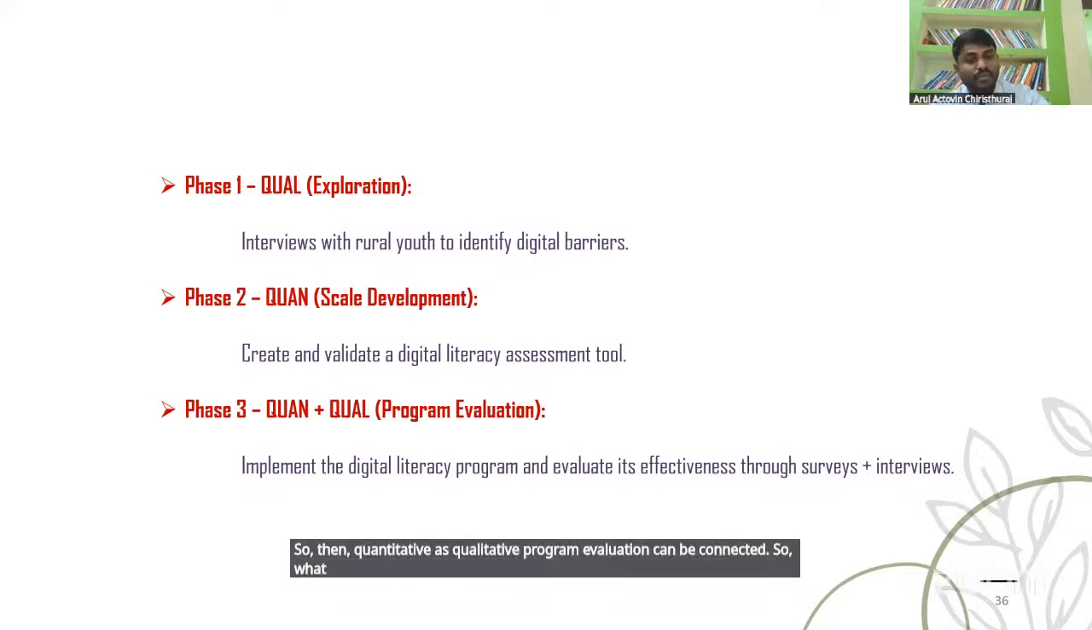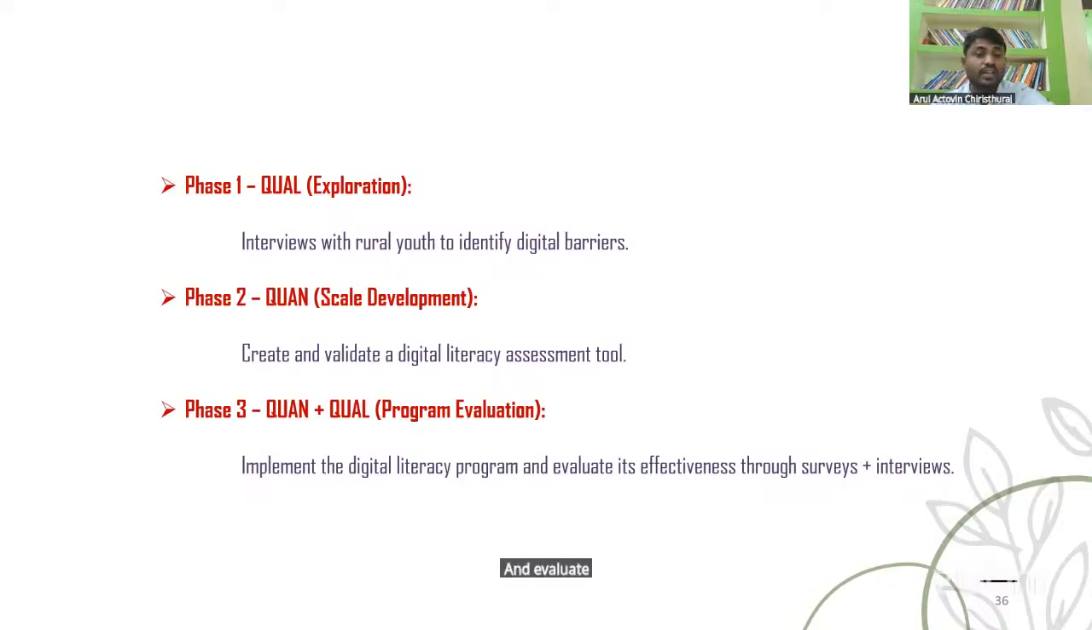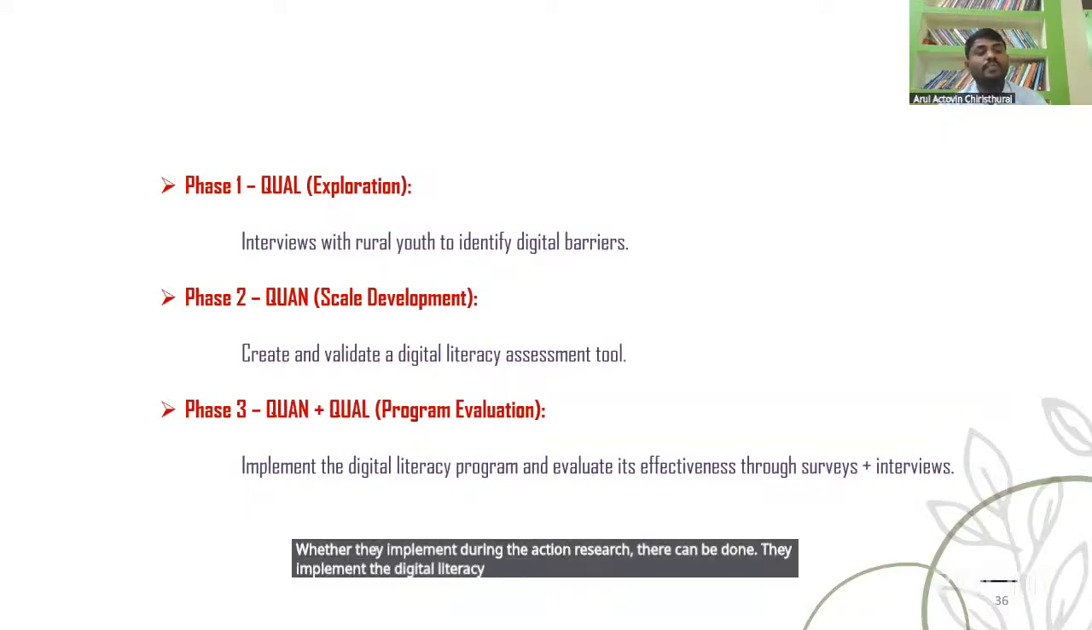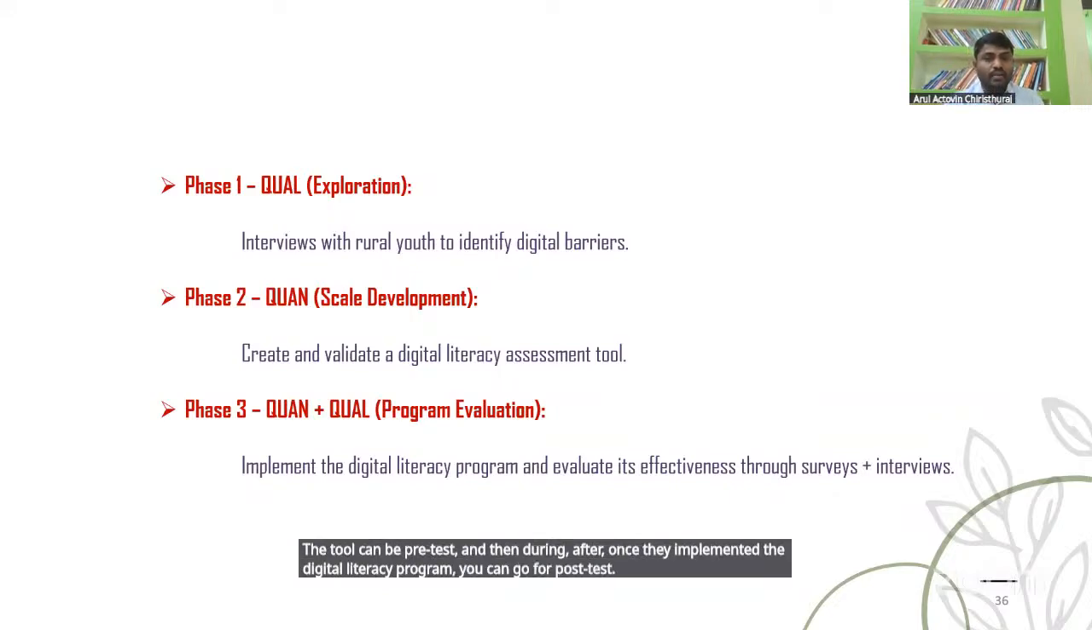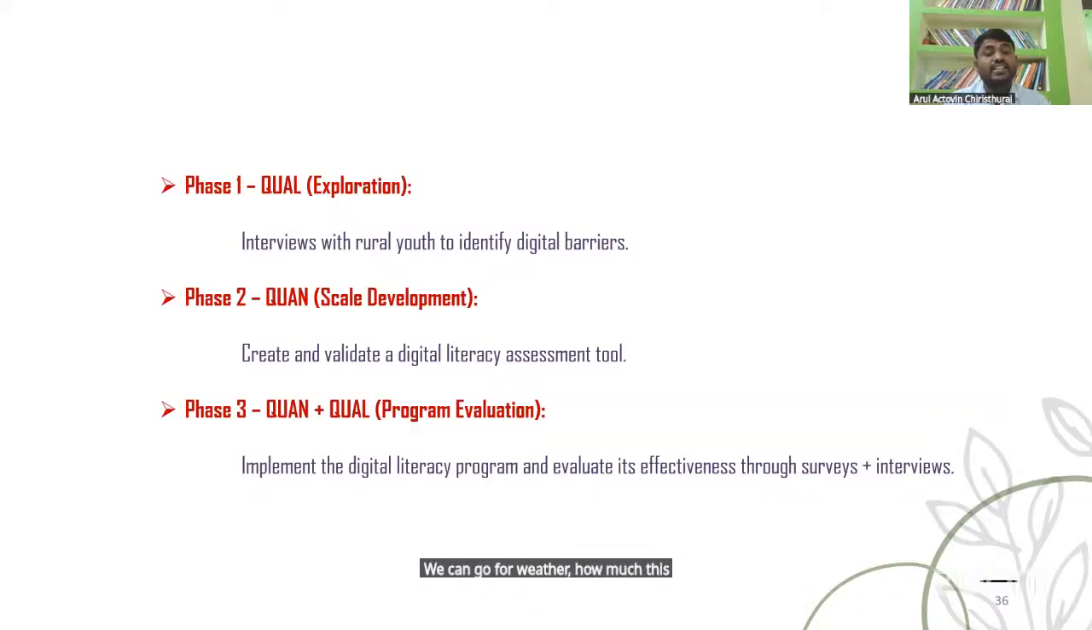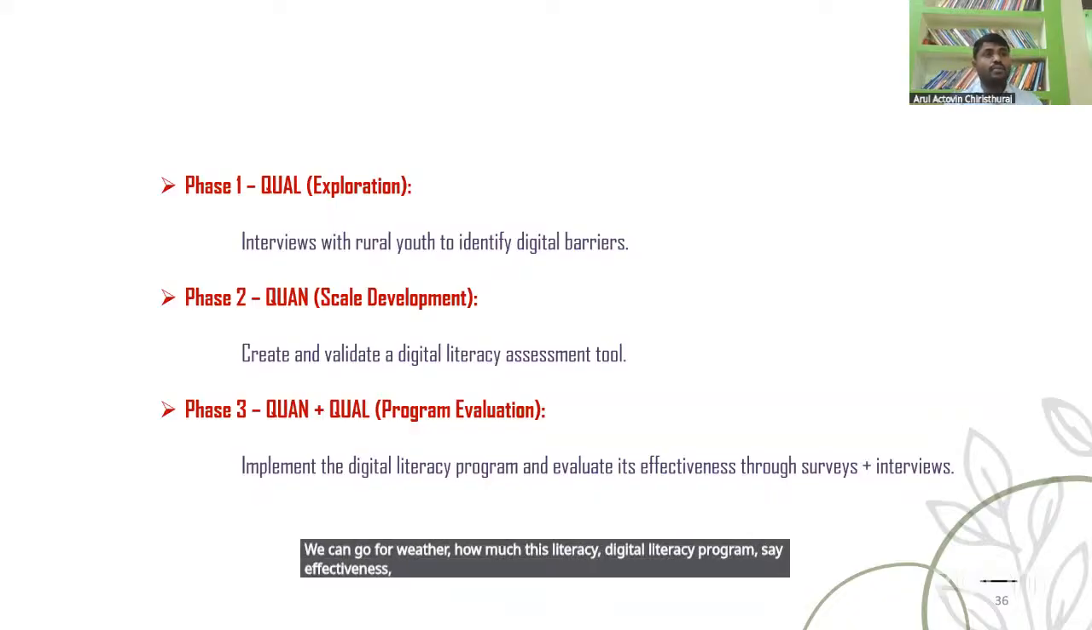So you can implement the digital literacy program and evaluate its effectiveness through surveys. We have already developed the digital literacy assessment tool. It can be done as a pre and post test during the action research. They implement the digital literacy program. We start with the tool as a pre-test, and once they implement the program, you can go for a post-test, to see how effective this digital literacy program is. We can go with the pre and post